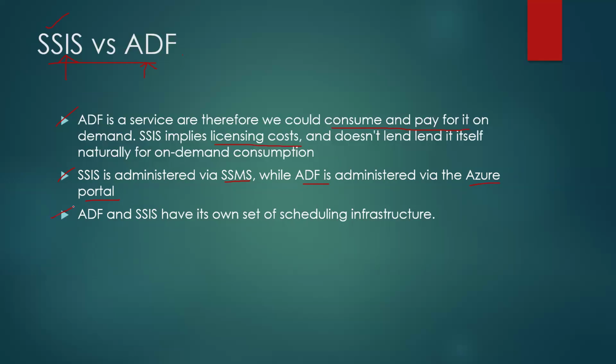And of course, ADF and SSIS have their own scheduling infrastructure. See, guys, the ETL processes that we develop can be scheduled in such a way, okay, boss, run my process at some particular frequency, or run it at any given time period in a given day, basically, right? We can schedule it in such a way. ADF has an internal scheduler, right? It comes with its own scheduler, but SSIS doesn't have any internal scheduler, right?